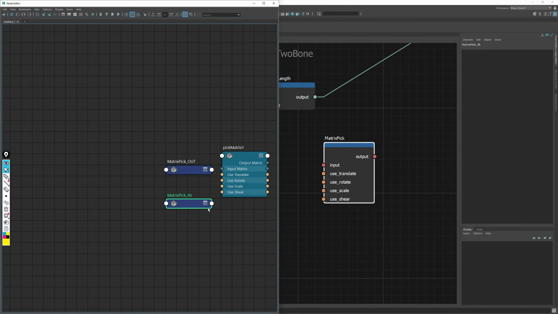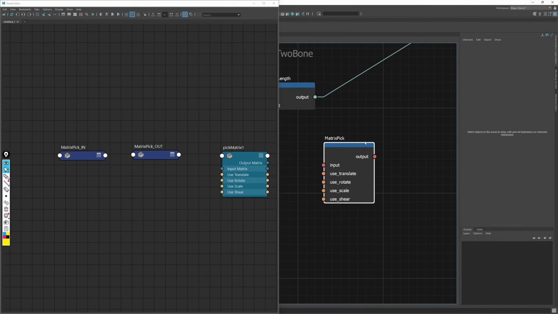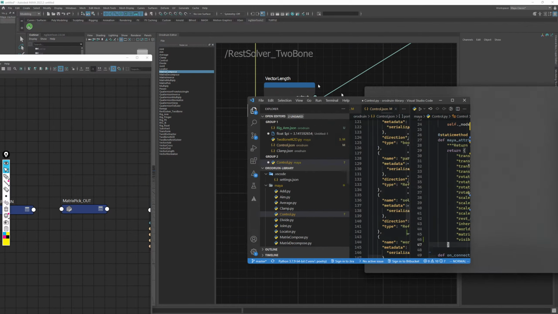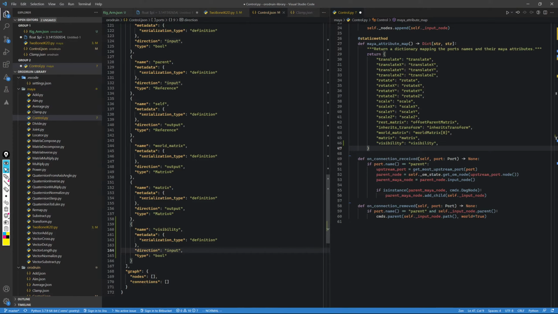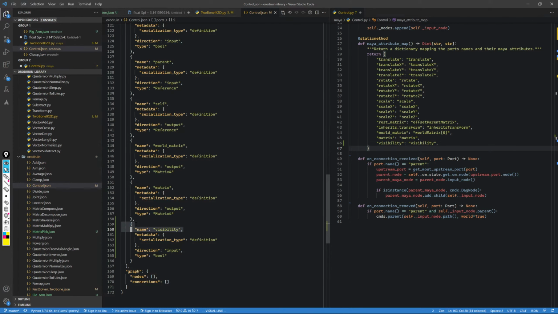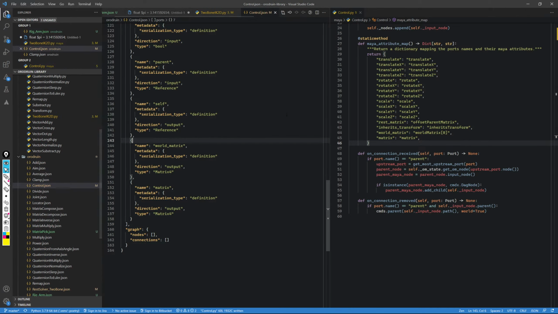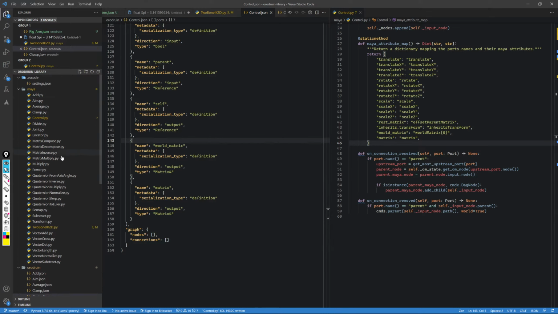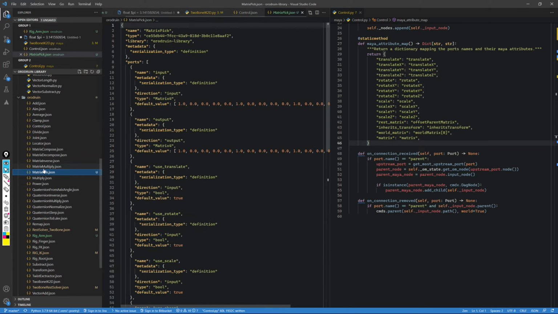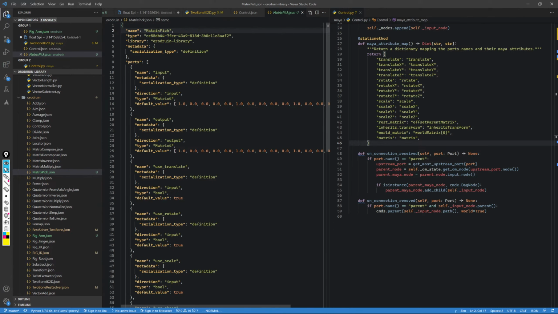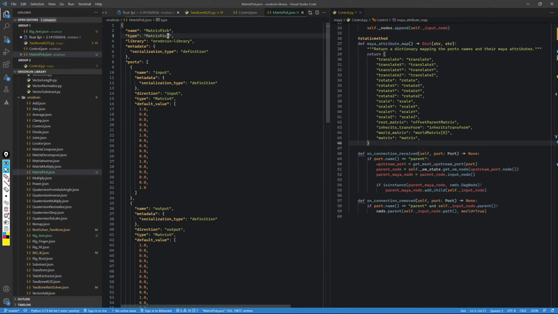It doesn't do anything in Maya. You can see that it has just a matrix in and a matrix out, but I'm going to just save it. And now if I go inside of VS Code, I'm going to just get rid of that, and I'll just add those back if I do need to update the visibility. But I have that matrix pick JSON file, which contains what I need it to contain. This I know is going to need to change to that,